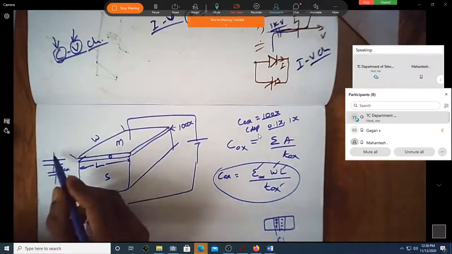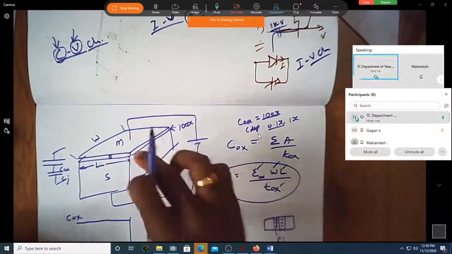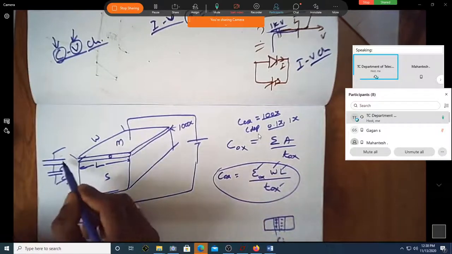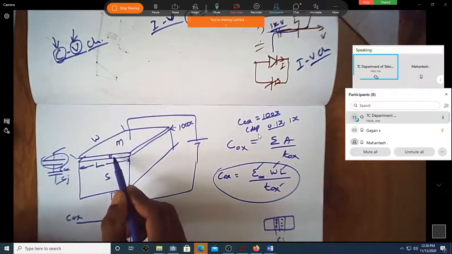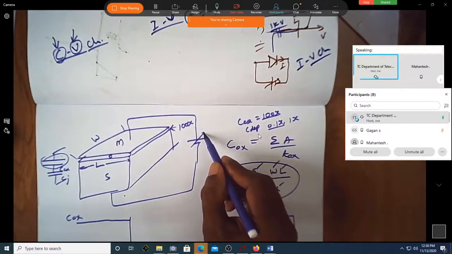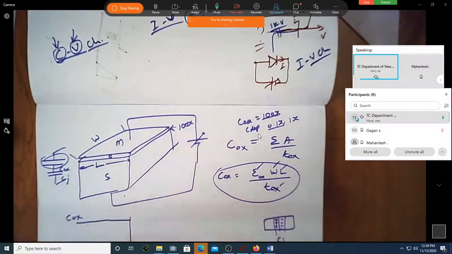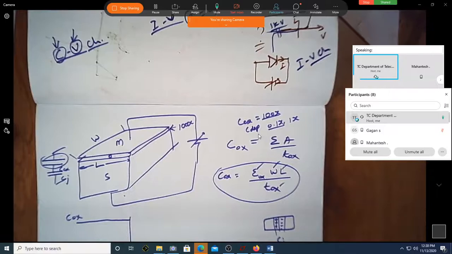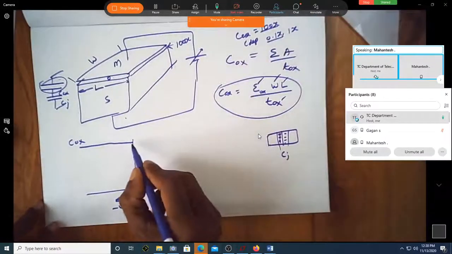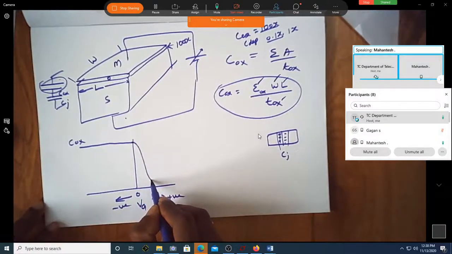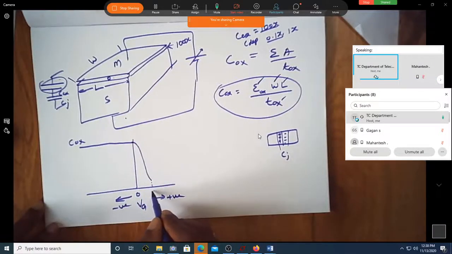What is the effective capacitance then? Because what you're measuring is the capacitance between this end and this end. From these two extreme ends, you're going to have the oxide capacitance, which is due to this structure. Because of this small applied voltage, you have this depletion also. So what happens to the overall capacitance now? Overall capacitance starts reducing, and it reaches a certain point when the voltage becomes VTH.